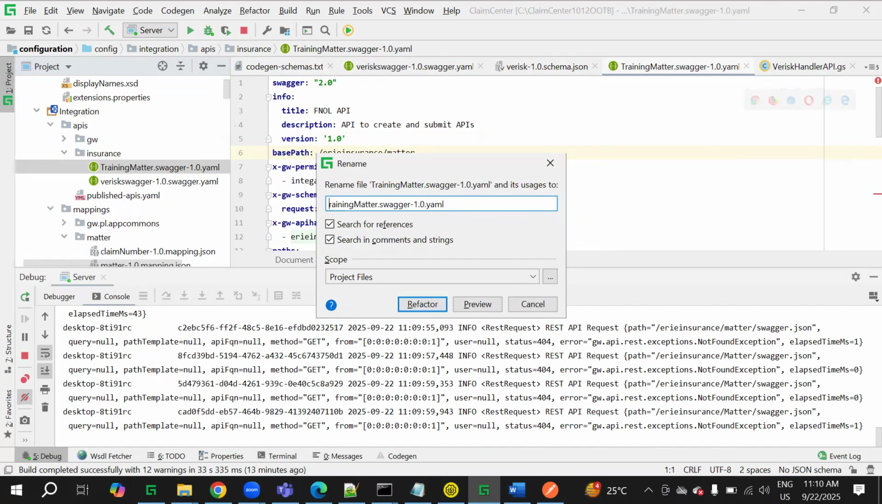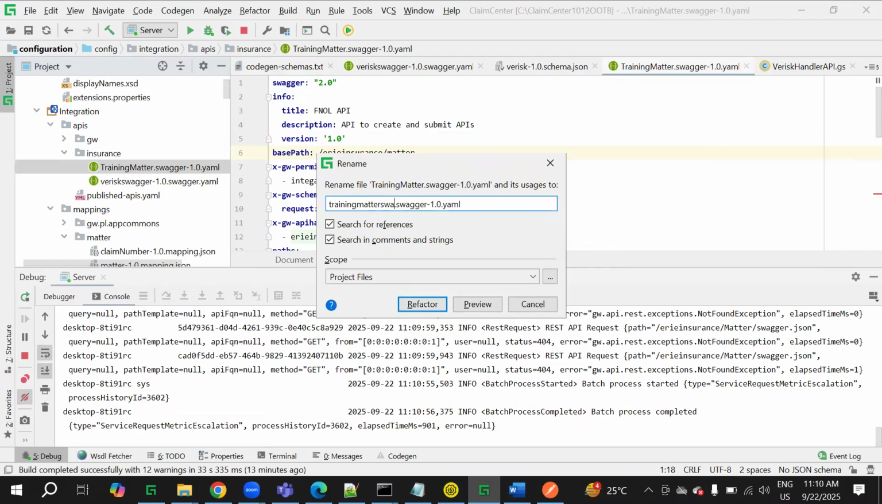I guess this is with the naming convention. I will change the name. The name should be Swagger icon dot Swagger dot YAML. So this is how our name should be taken. What I've done is,